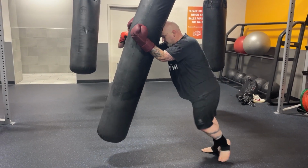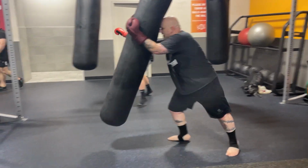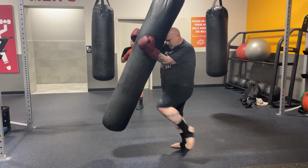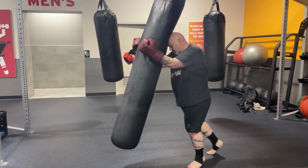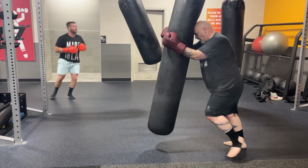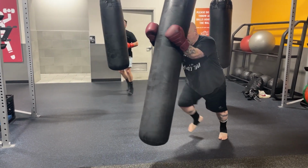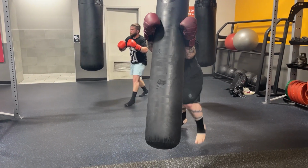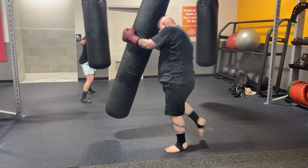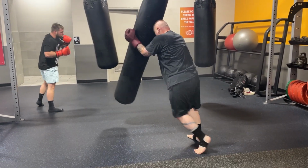I'm using the same footwork as the other two bag exercises where I'll march 1, 2, 3 and knee strike on 4. That's the goal. That's where you want to get with it. But if you're not able to do that at the beginning, don't worry about it. Again, just be patient with yourself. Give yourself time to find the rhythm. Work on good form on the bag and good form on the knee strike first. When you get comfortable with it, then you can start trying to worry about the rhythm and the timing and